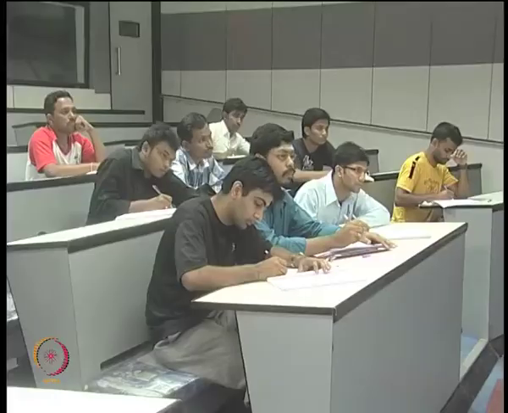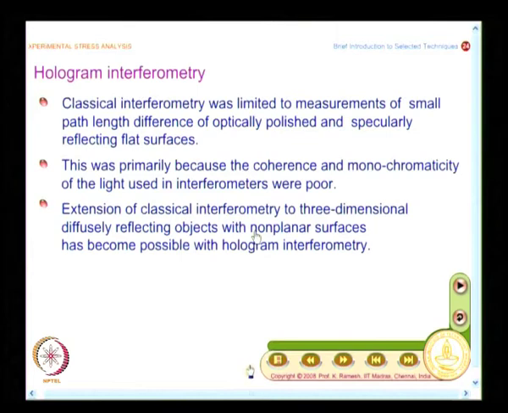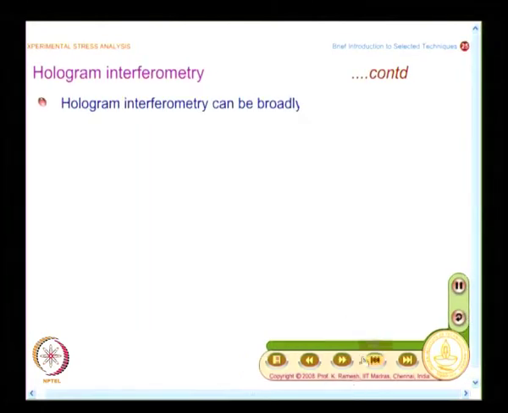And in hologram interferometry, you collect so much information that the processing becomes difficult. It is not that the technique is bad, the technique collects so much information, because you are looking at 3-dimensionality in all its totality. This was possible mainly because of lasers. Lasers have helped this possibility. And you can classify hologram interferometry into various methods.